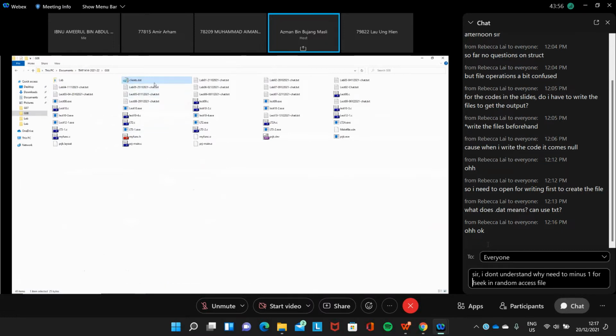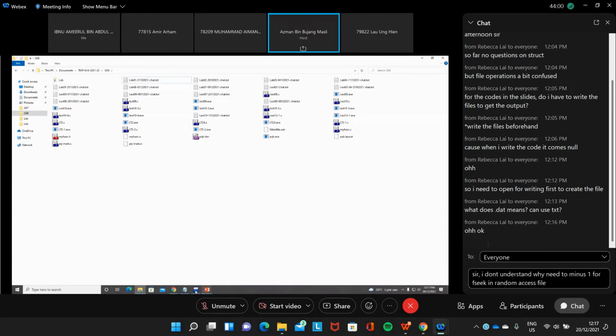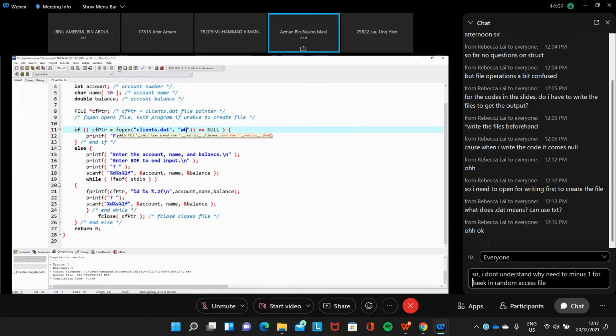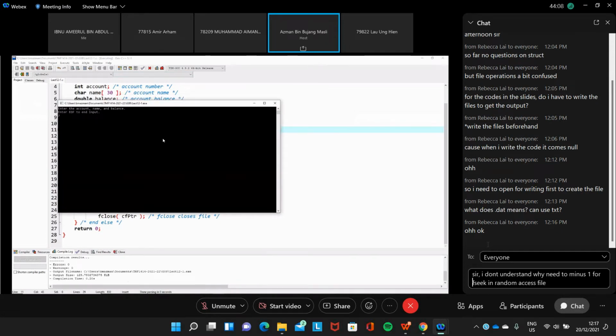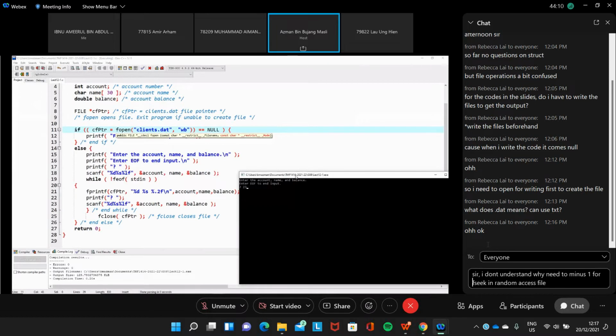So when you run your program, we delete the file that we created just now, this .dat file, and then we run this program and enter some data here, for example this one, and then another one, and that's it.